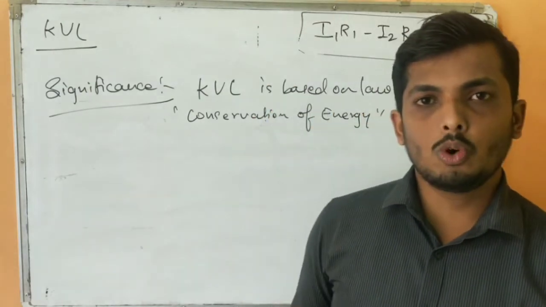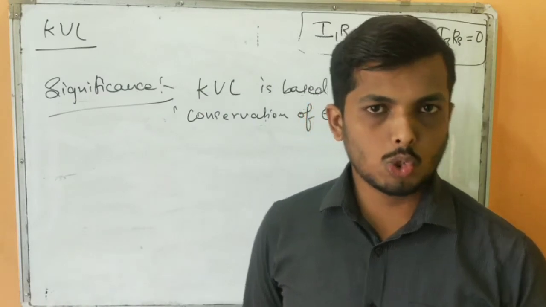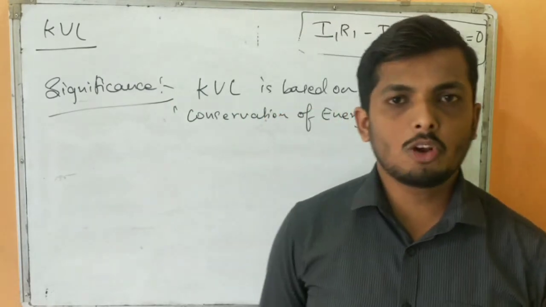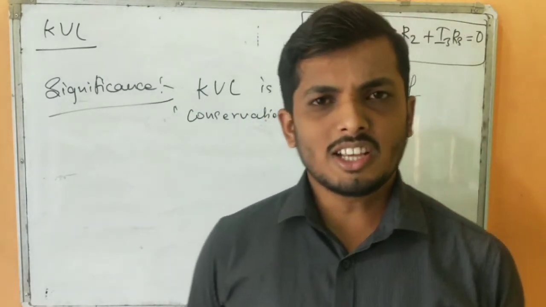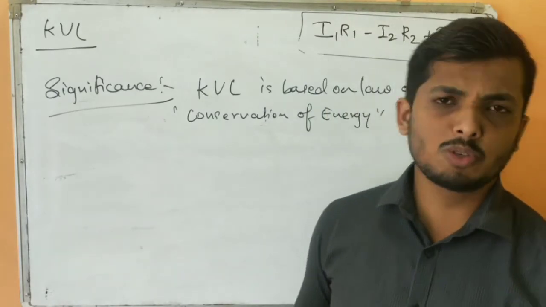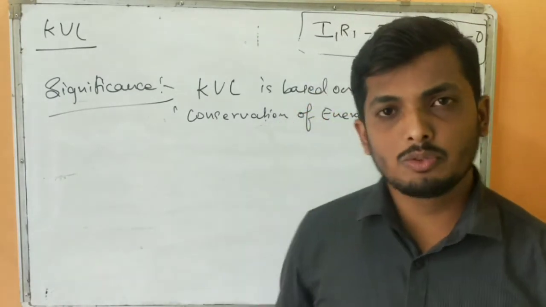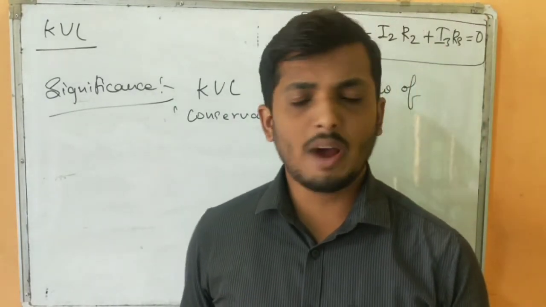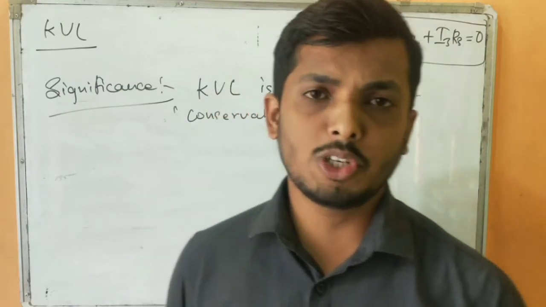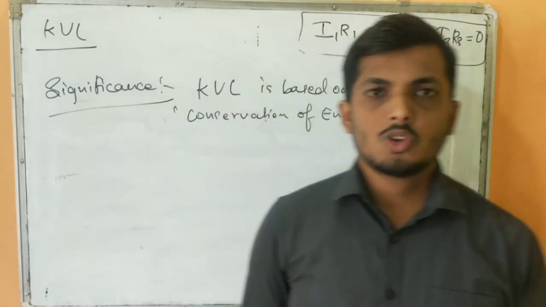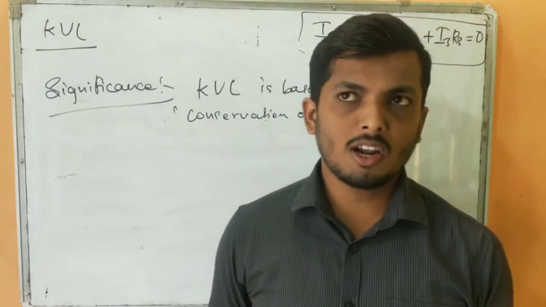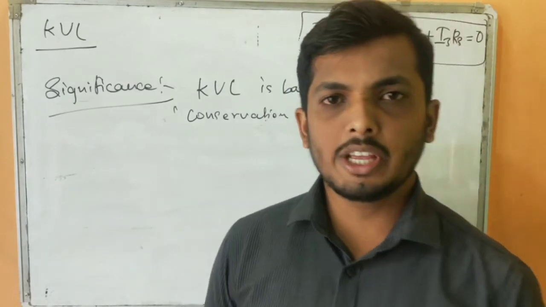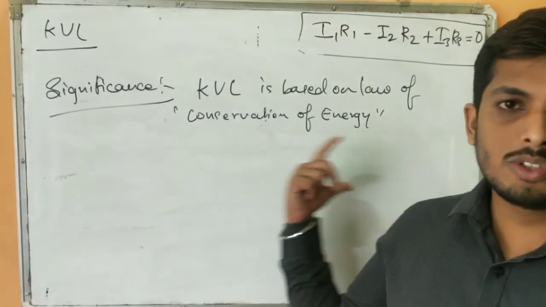The second law is Kirchhoff's voltage law, also known as the KVL law. It states that the algebraic sum of the IR products will be equal to the sum of the EMF across that circuit. However many IR products are there, that much will be the EMF of the cells, and those IR products will be equal to the sum of the EMF. In short, I would write I1R1 plus I2R2 minus I3R3 equals E1 plus E2 minus E3. Take care of the signs. You have to see which direction they are going. If two conductors are going in one particular direction, take them as positive, and the one which is opposite, take it as negative. So you can reduce that formula.